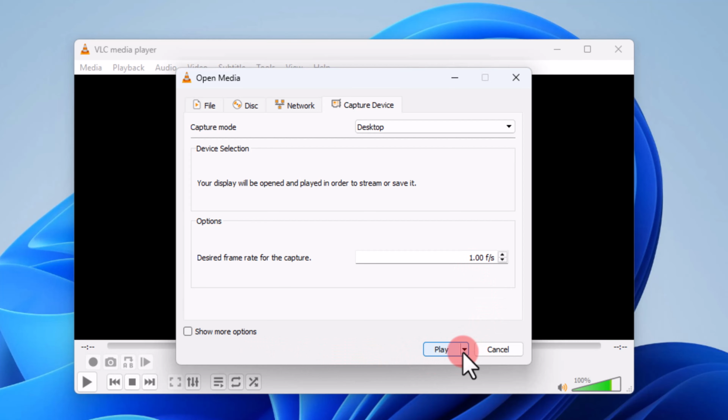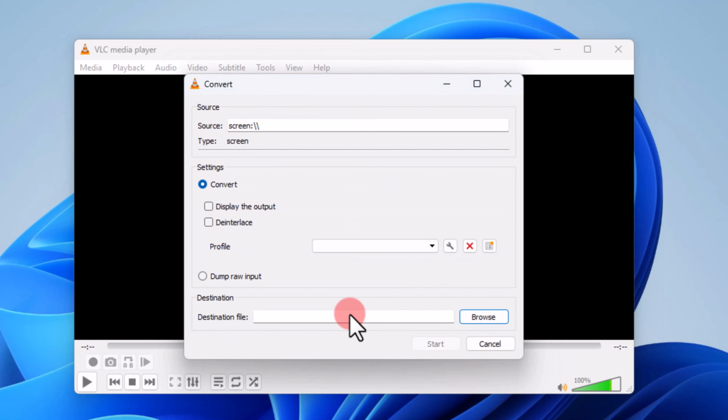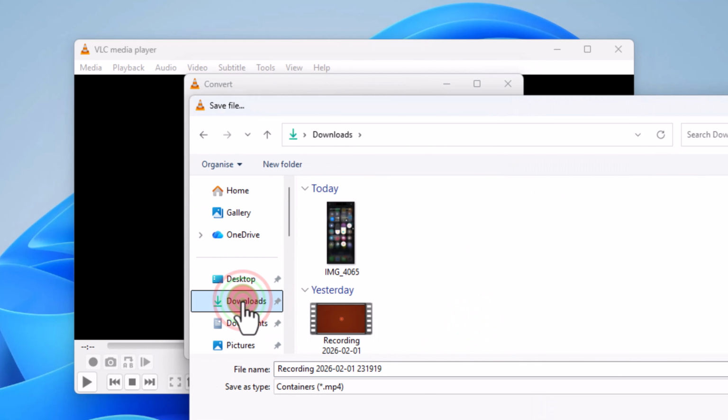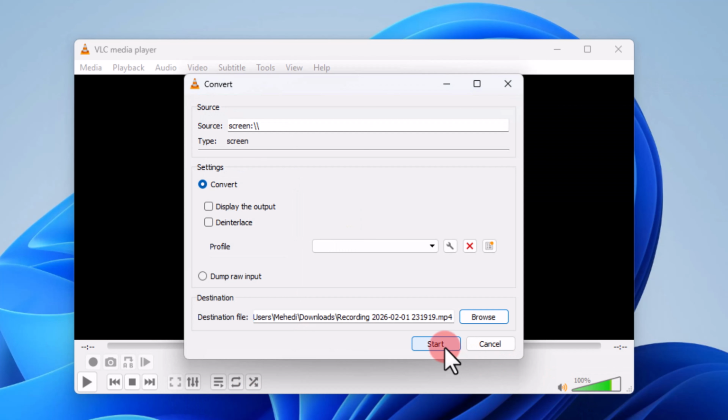Click on this arrow icon and select Convert, and you just select the save location. Press on Browse, and I'm selecting the Download folder as the save location. Press on Save and just press on Start,